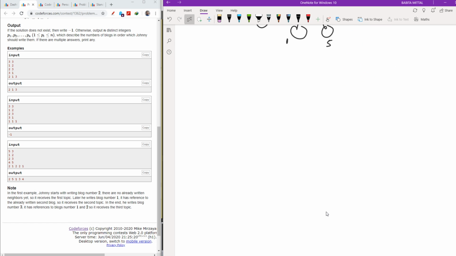Let me extend a bit. So the first example is I have a node 1, then I had a node 2, then I had a node 3, and it's connected to 1. And as you can see that it is very clear that I have 2 1 and 3. What this 2 1 and 3 represents: for the node 1 it is 2, for the node 2 it is 1, for the node 3 it is 3, and it is the color, or you can say the reference number.